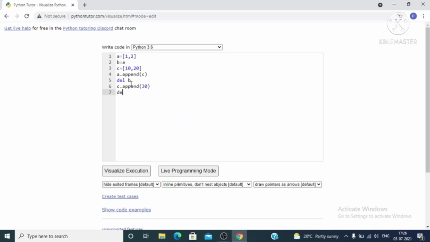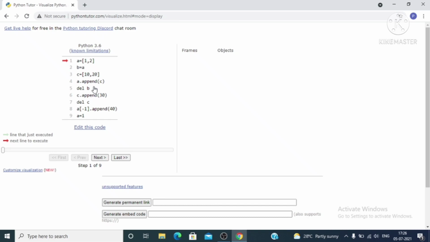Then again next instruction is deleting c, then a[-1] dot append 40, then again a is equal to b. Now click on visualize execution button.